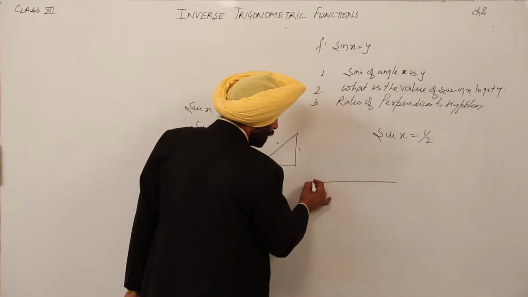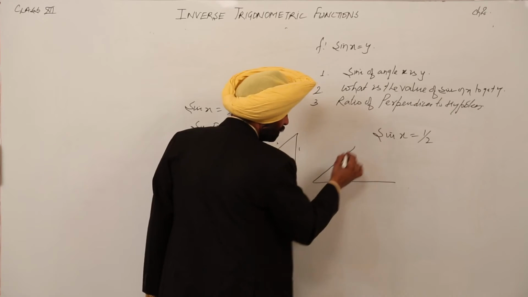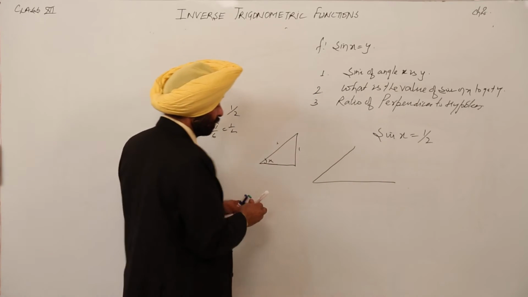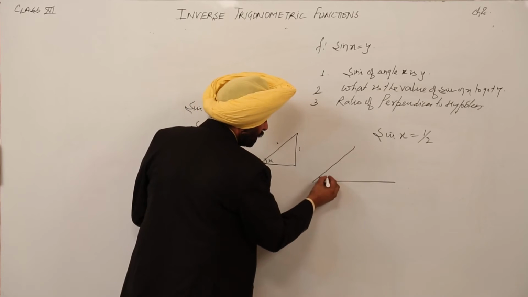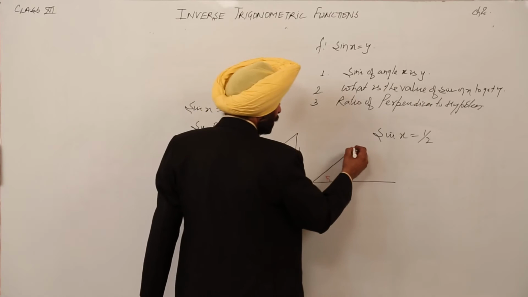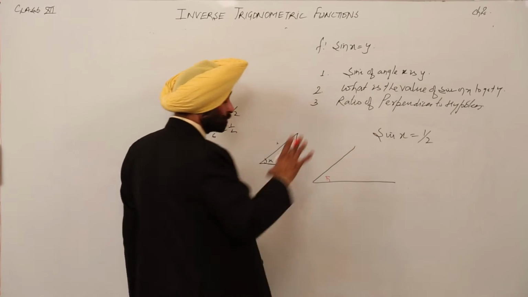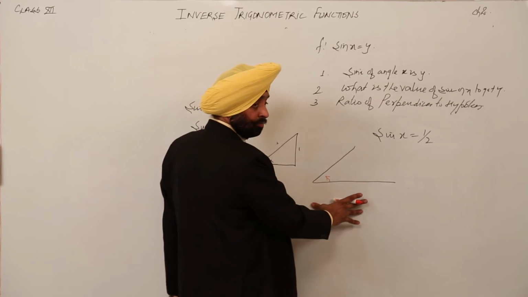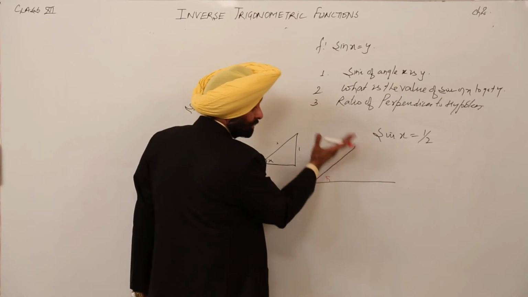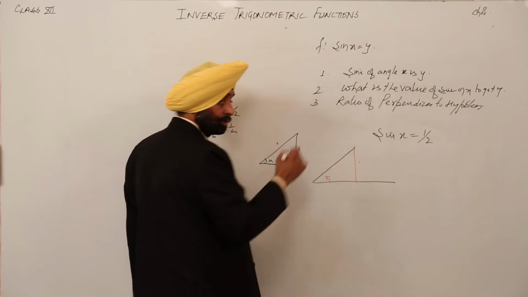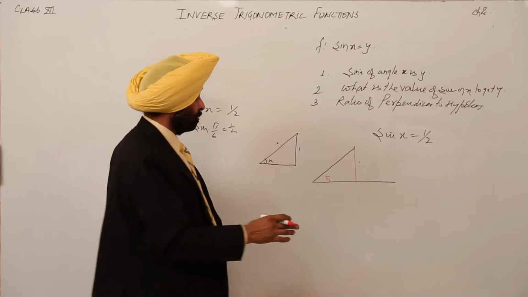Now how to make this angle? What should this angle be, starting from 0? Starting from 0 from here, what should I think about the angle exactly? Suppose the radius is taken as 2. This is the base. Now I want to raise it in such a way that it should be exactly 1 here, without measurement. I am not taking a measurement.